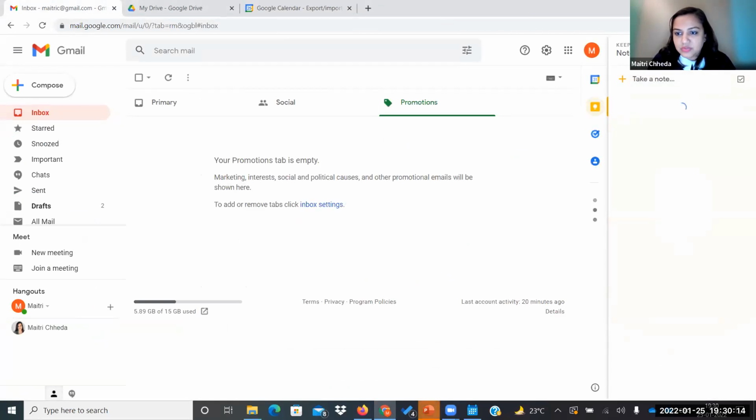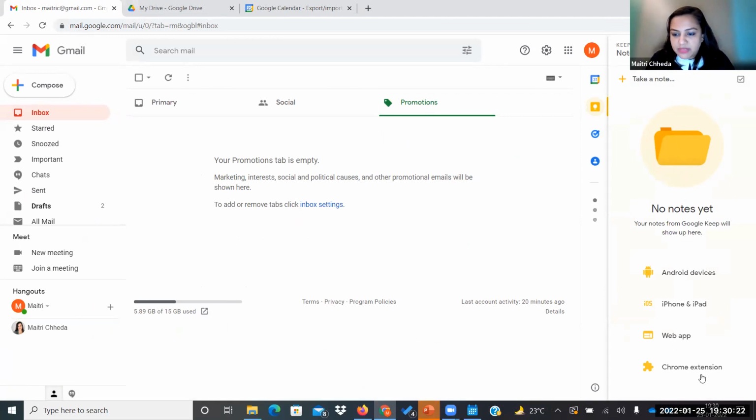So in Keep, you can take notes. You can have Google Keep on your Android and iPhone devices also, and you have a Chrome extension for it too. When you have the Chrome extension, on any website you see, you click on Keep and it will be added as a note over here, and this can be synced between all your devices, your web browser, your Android device, your iPhone. So if you're going somewhere and you get a good idea, you just put it in Keep, and you will be able to access it anywhere. It's a note keeping device.